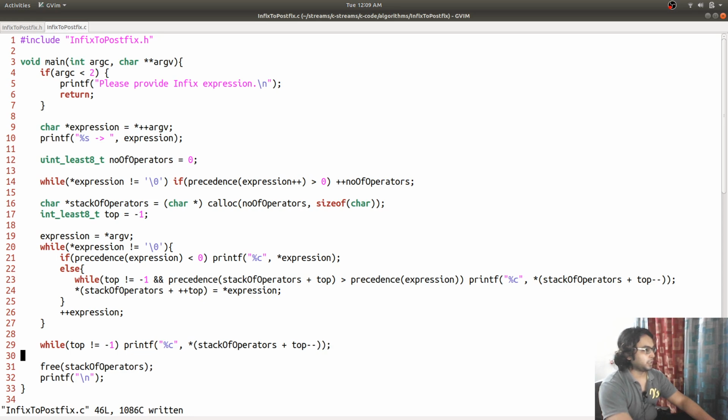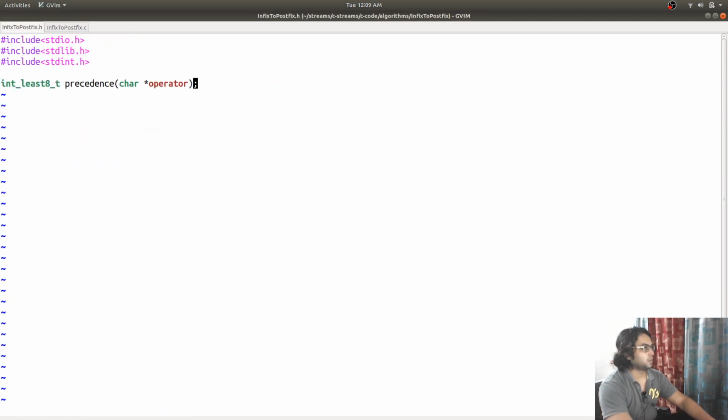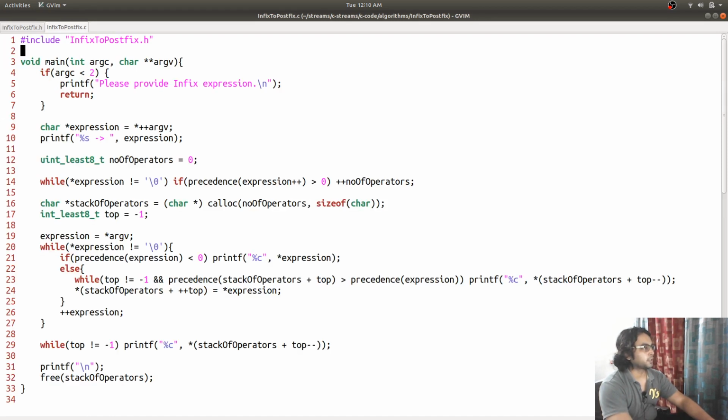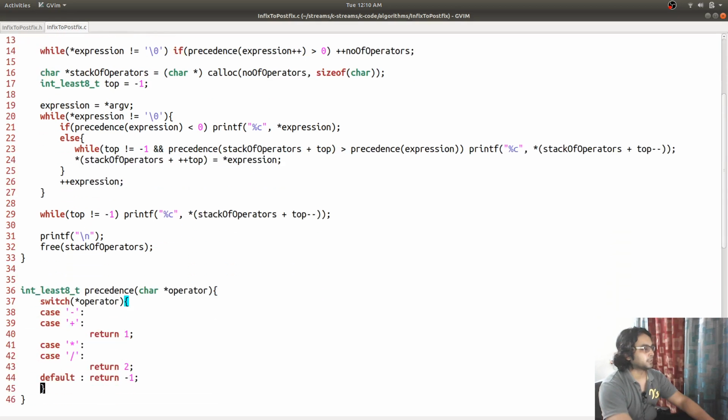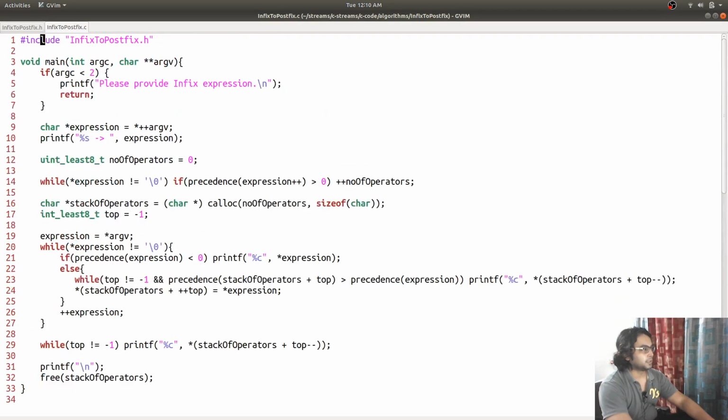So we are doing the work that we need, and other than that we are not doing anything. This is a small header file that we made, and it has only one function, and this is the entire code for our infix to postfix conversion.